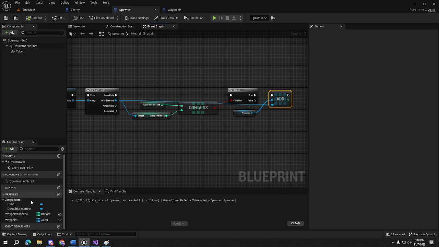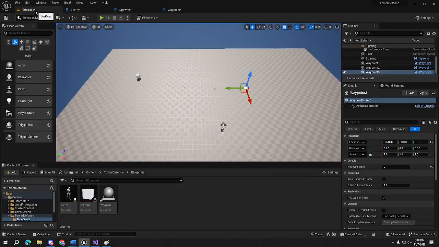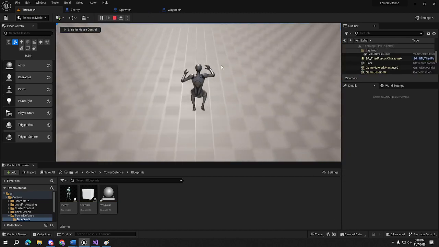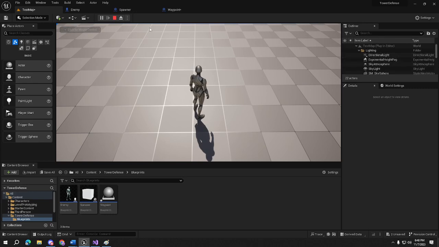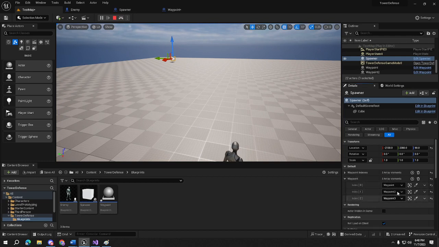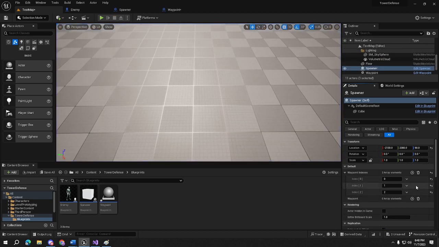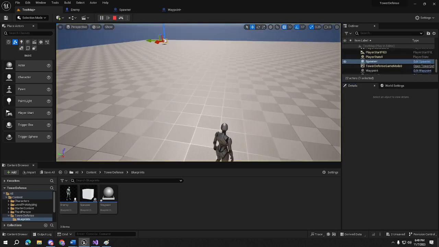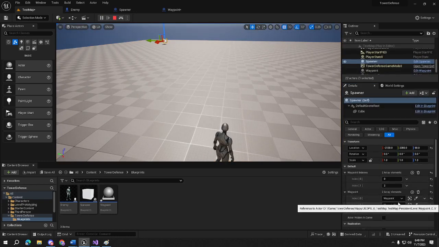Ayan. So makita natin, if I compile this and play it, you'll see that our spawner has those waypoints. Kasi binase natin dito. If I remove, let's say 1, and just make it to 0 and 2, if I play it, now it only has waypoint and waypoint 3. Okay? So that is the two ways to